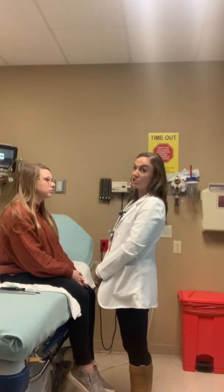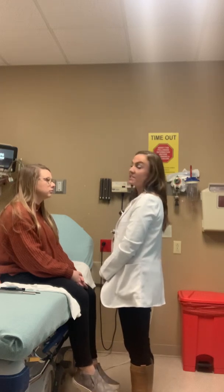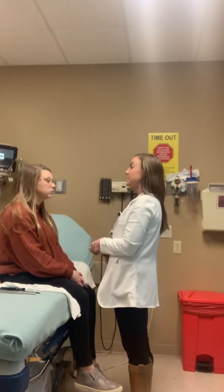I'm inspecting the eyes, the eyelashes, the palpebral fissures, the sclera, and the conjunctiva. Looking at the color. Looking at if there's any drainage or discharge. I would pull down to make sure there's nothing, such as jaundice, that cannot otherwise be seen. I will inspect